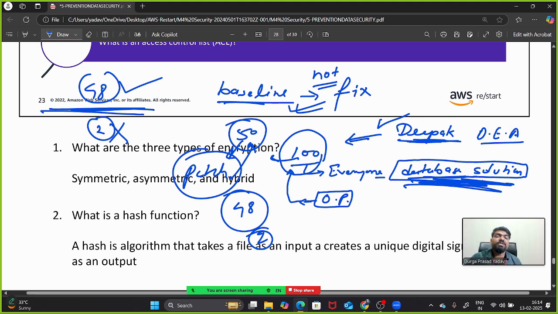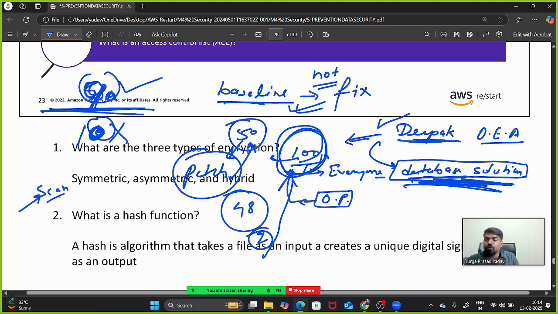Got it? So basically, as per your need, you can change it, like this is my requirement. So if the requirement is the database solution, for 100 PCs, the first time you applied the patches to 100 PCs. Let's say only 90 PCs have successfully applied the patches. In 10 PCs, they did not apply the patches. So how will you check whether 10 did not apply the patches? Next time you will scan it only to find out whether the baseline is matching or not. So you will apply and you will check.